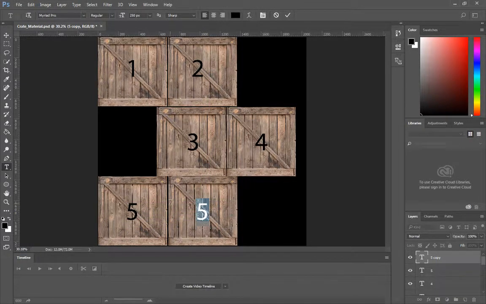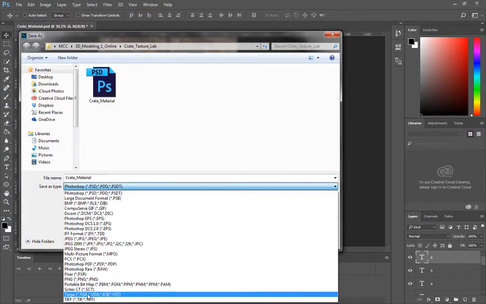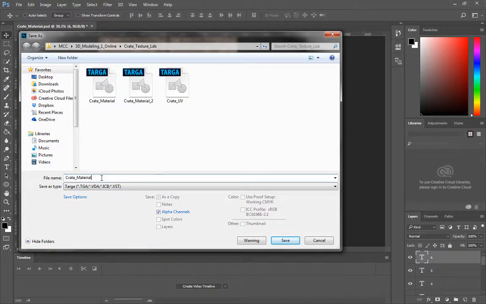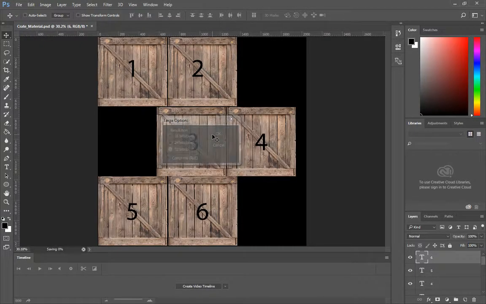So if there's any specific change you wanted to make to any of these, and you wanted to make it easier for yourself to make adjustments to a particular side of a texture that you're modeling, I'm going to save this one out. TGA, create material _3, turn off alpha channels and hit save. 32 bits per pixel,